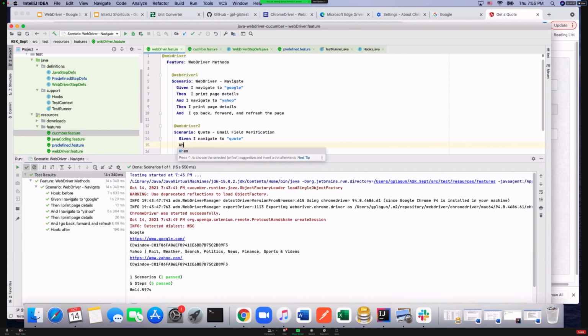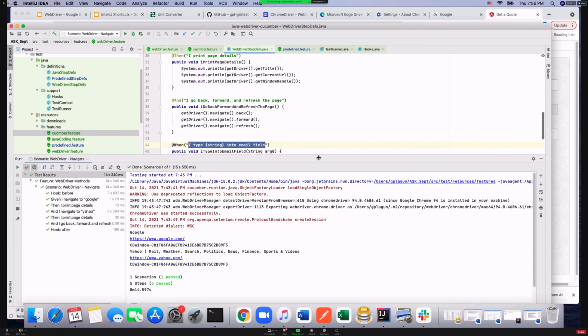When I type, we have this step that was predefined for us, but we will put something like incorrect email into email field. And this step is not defined yet, right? And we will create a step